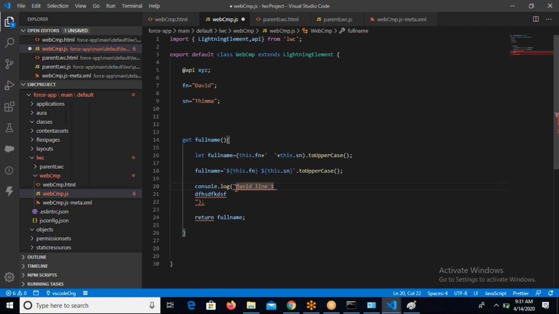So I cannot separate my lines, right? In the line 1, you do something. In the line 2, you do something. For that, what I need to do, I need to use \n. So if I want to separate my lines, I need to use \n,